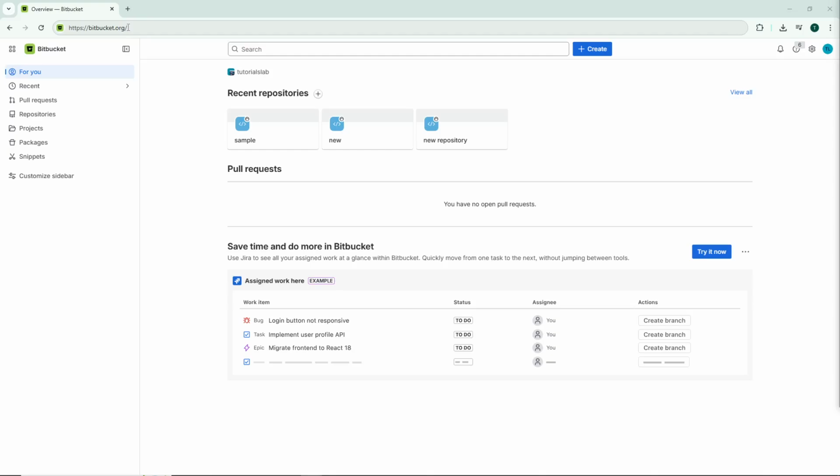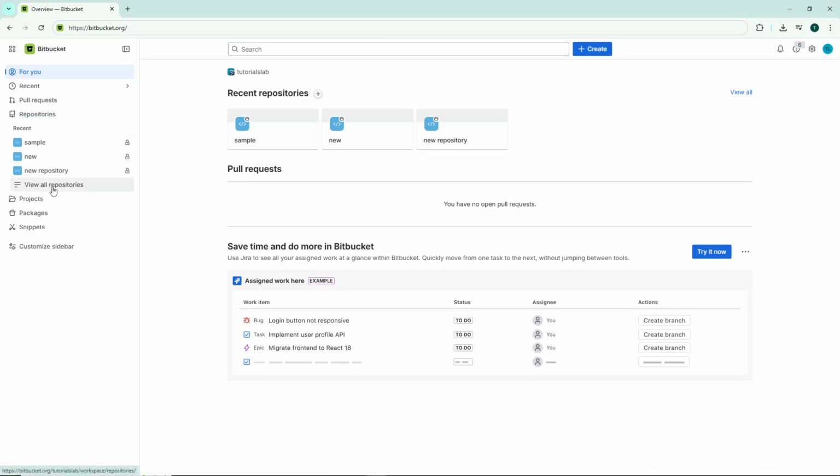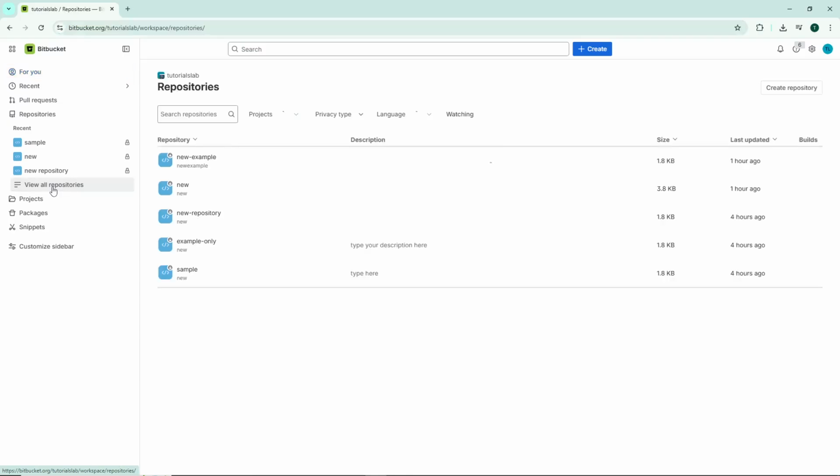Now look over to the left sidebar of your screen. Here you'll find the repositories option, so go ahead and click on it. This will expand a menu showing you quick access to your recent repositories. From this menu, click on View All Repositories. This action takes you to a comprehensive list of all the repositories you have access to, whether they're personal projects